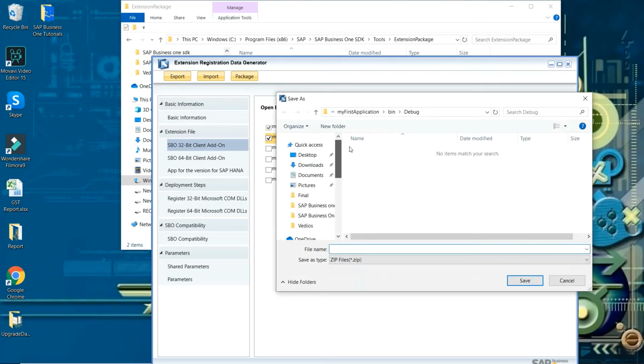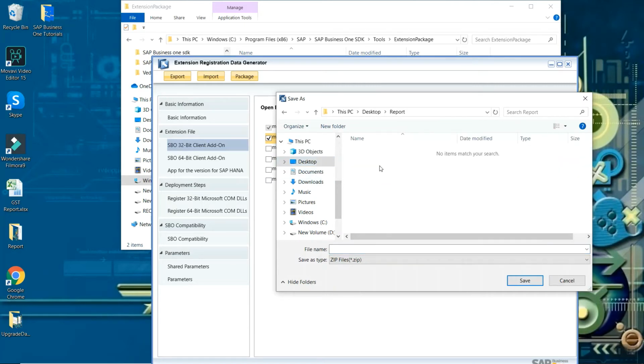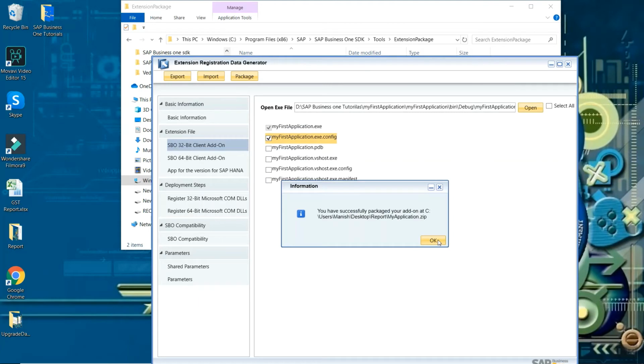Now you need to make the package. Desktop reports. Save it. As I have earlier told, our add-on will support cloud server, local server and the browser. So for that I have done the configuration.